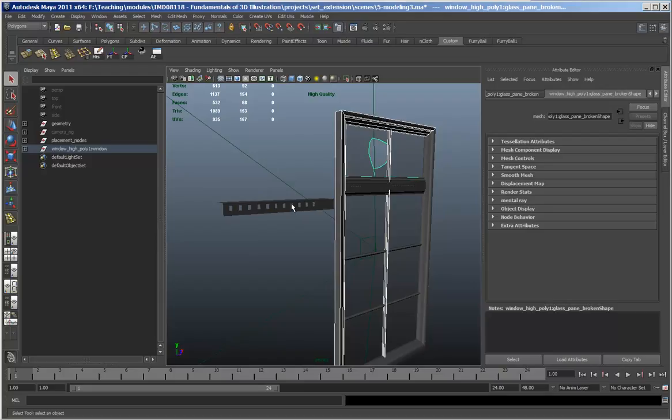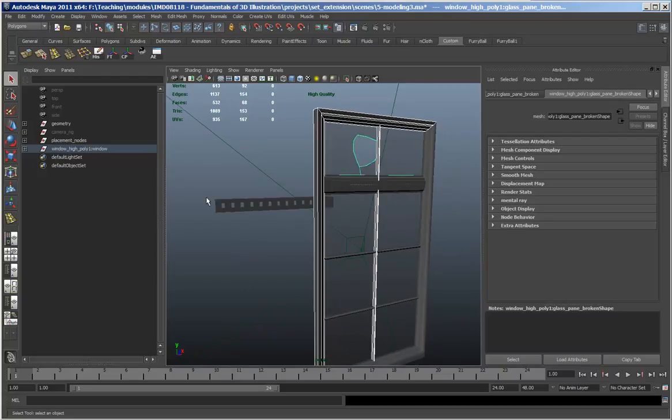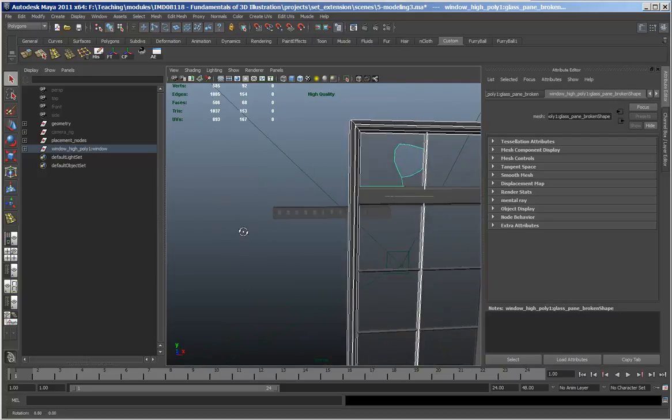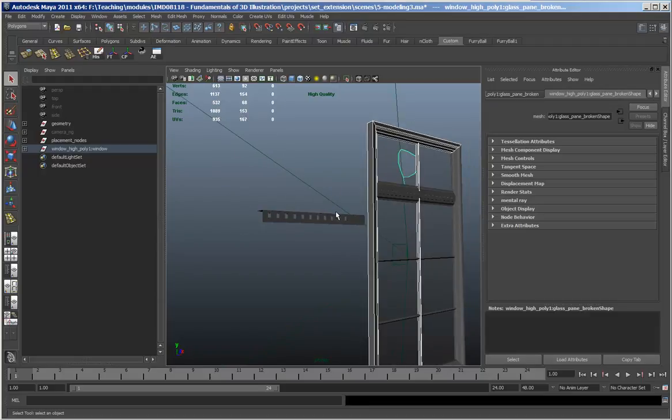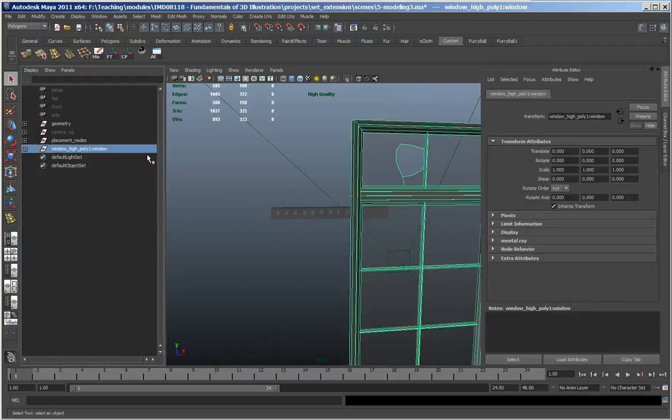And let's say different people work on the project, so you could have someone working on the window, someone working on a separate building, and it's nice to have the option for people to work on their own file and they don't mess up, so everyone is not working in the same scene. So if you use Import, you can't work that way. So what I'm going to do is delete this,